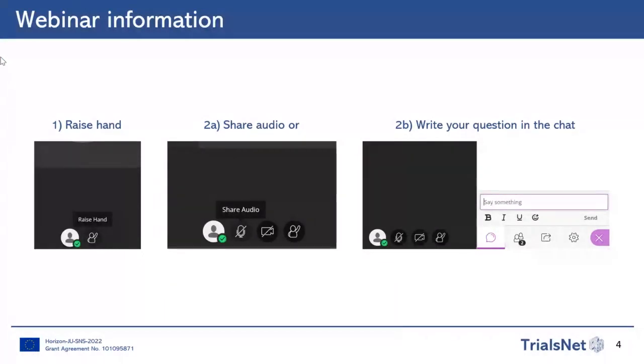So this is just to quickly tell you how to interact with us. At the end of the presentation, we will check who has a question. If you want to ask a question, you need to raise your hand with the button there. And after that, you have two options.